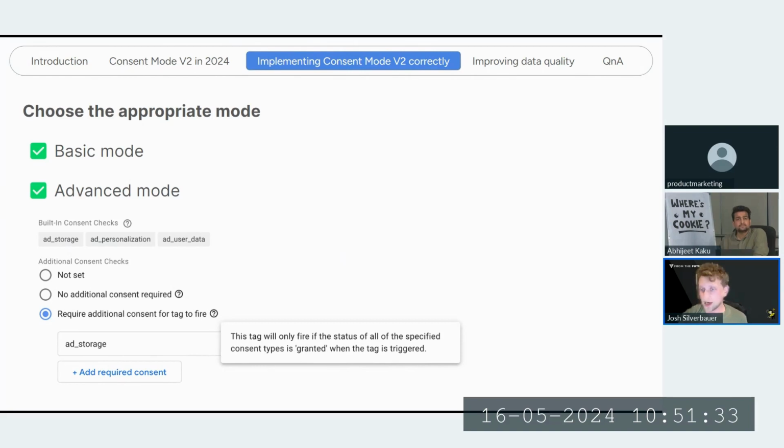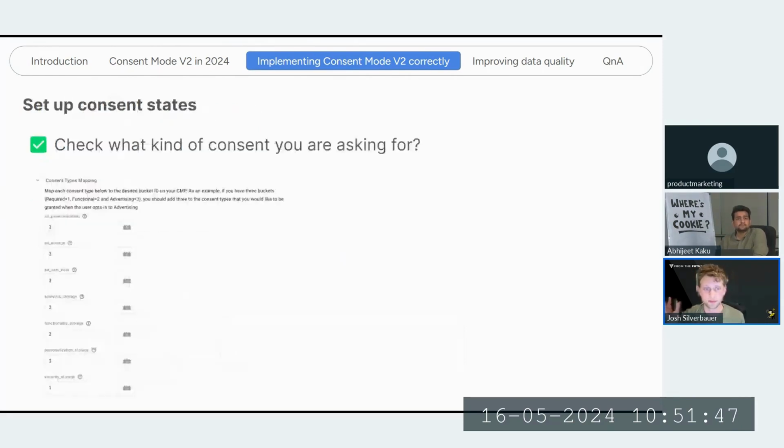How it modifies the tag is that it sends signals over based off of what it sees in that tag, and those signals can be used for modeling, right? If you don't set anything and everything is set to not set, it's just going to use those built-in consents and run advanced mode.